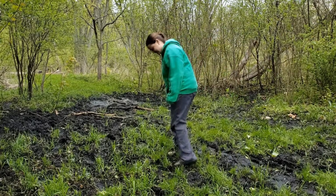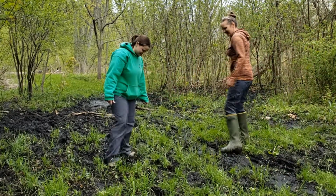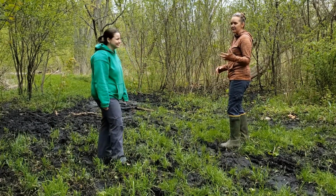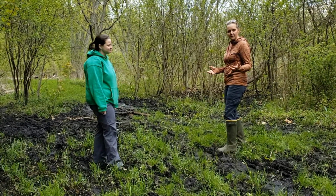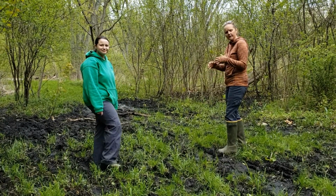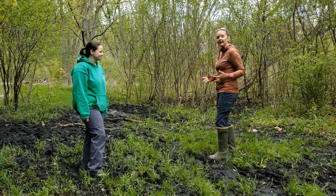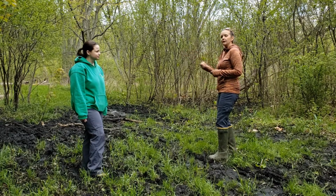Wow, this soil is really spongy. Can you tell me a little bit about why that would be here? Yeah, so the soil at the fen is mainly made up of peat. And it's no different than the peat you might buy in the landscaping store or mix with your potting soil to grow plants in. But this peat has been organically formed through some of the minerals that come in through